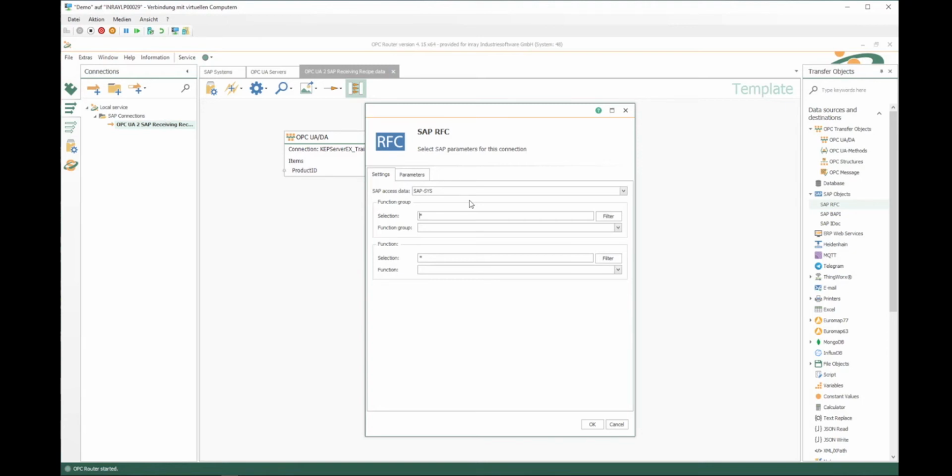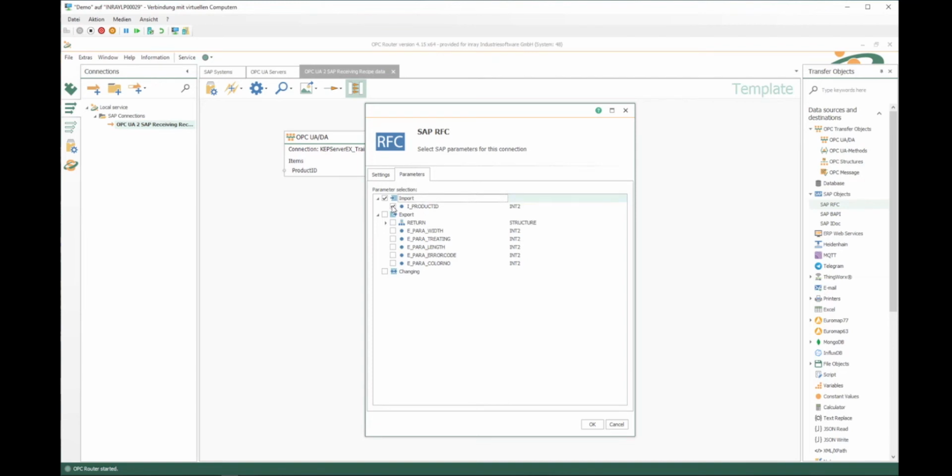I can just filter it because there are many function groups and many functions available in the SAP system. And my function starts with ZZ. Then I have a star, I filter it and find two available function groups, but I would use the ZZI40 in my example that I have programmed myself. Then I can filter the corresponding function because it is only one in my example here. So I select the ZGet recipe for product ID, and under the parameters tab I can select the simple import